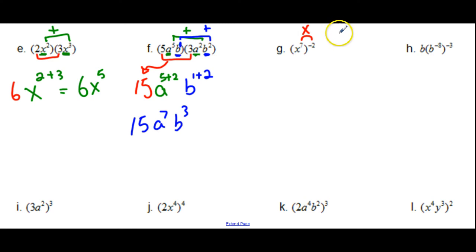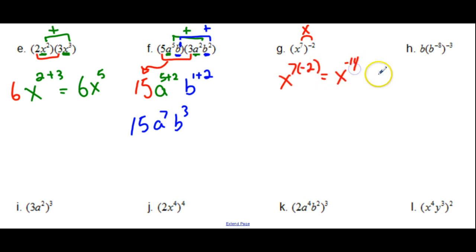Think of it as when you have 2x plus 1, right? This is outside of the parentheses, so we multiply this, right? We distribute it. Kind of the same concept right here. This is outside of the parentheses. We're going to take it and we're going to distribute it. All right? So we take this, we multiply to that, so it's x to the 7 times negative 2, which is x